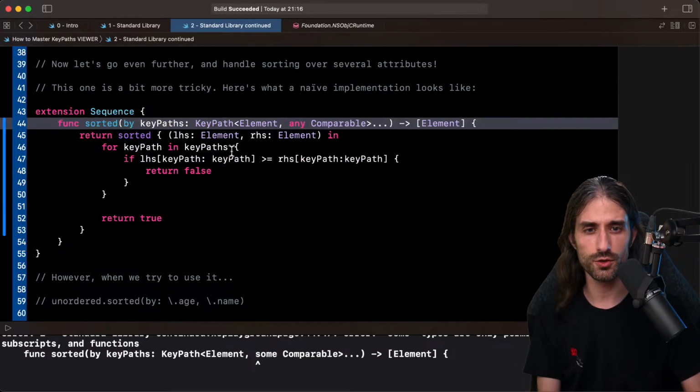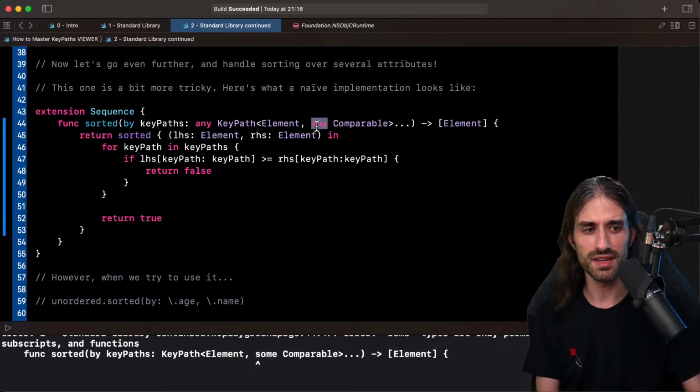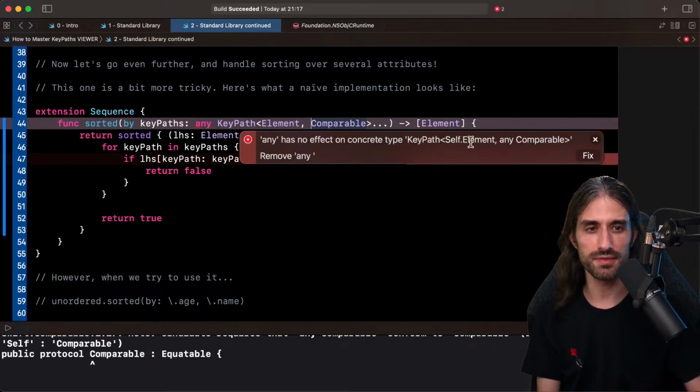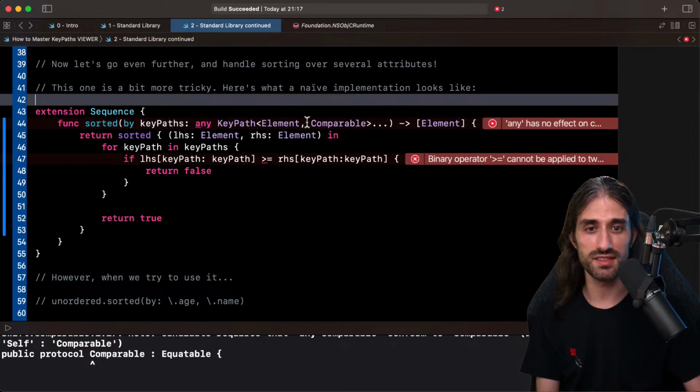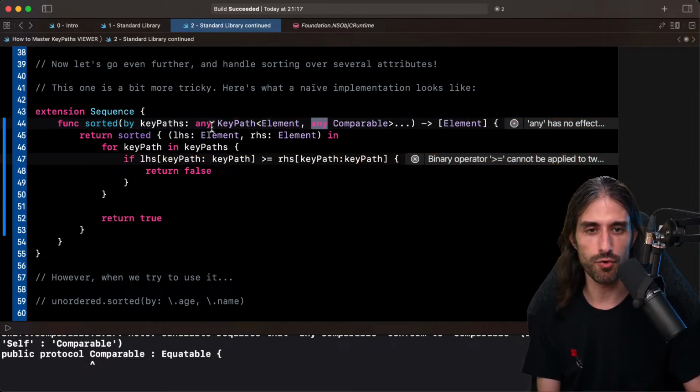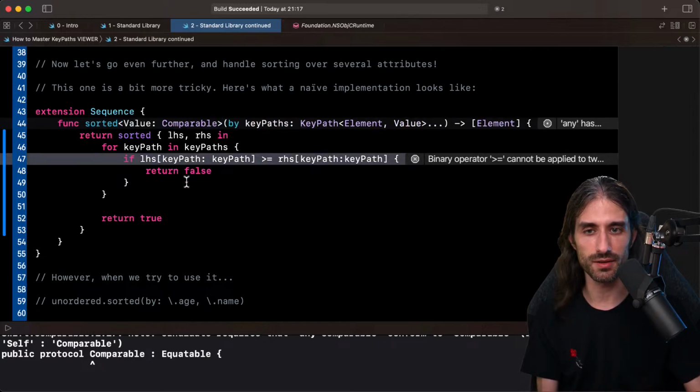And you were saying, I just want to try it. So you were saying, let's make any key path. Since key path is not a protocol, it's not sure it's going to work. Yeah, because key path being any has no effect on the concrete type. For Swift, the problem is still that comparable is any comparable implicitly, and so it's actually the exact same problem as what we had before. So it was worth a try. It was a good point that you raised, but it seems that Swift cannot do that yet.